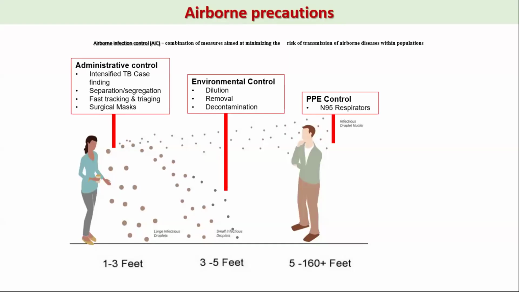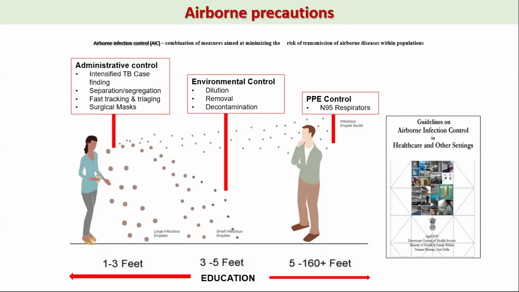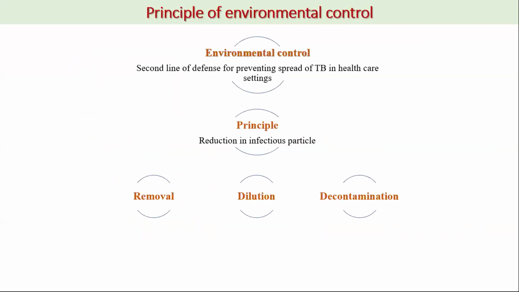सो हम एयरबोर्न इन्फेक्शन कंट्रोल को 3 पार्ट में डिवाइड कर सकते हैं। एडमिनिस्ट्रेटिव कंट्रोल जो ऑलरेडी लिया गया है, इसमें अभी हम आगे इन्वायरमेंटल कंट्रोल की तरफ बढ़ेंगे, और उसके बाद फिर पीपीई कंट्रोल्स। पीपीई कंट्रोल्स में 2 चीजें सिर्फ बता रहा हूँ कि पेशेंट ने सर्जिकल मास्क पहनना और हमने N95 मास्क पहनना, प्लीज ये इतना याद रखिए। नेक्स्ट स्लाइड। तो डिस्टेंस हमने बताया है 6 फीट से ज्यादा होना चाहिए, और we do have our national guidelines। अभी रिसेंटली we will be having a new updated version soon. Thank you. नेक्स्ट स्लाइड।